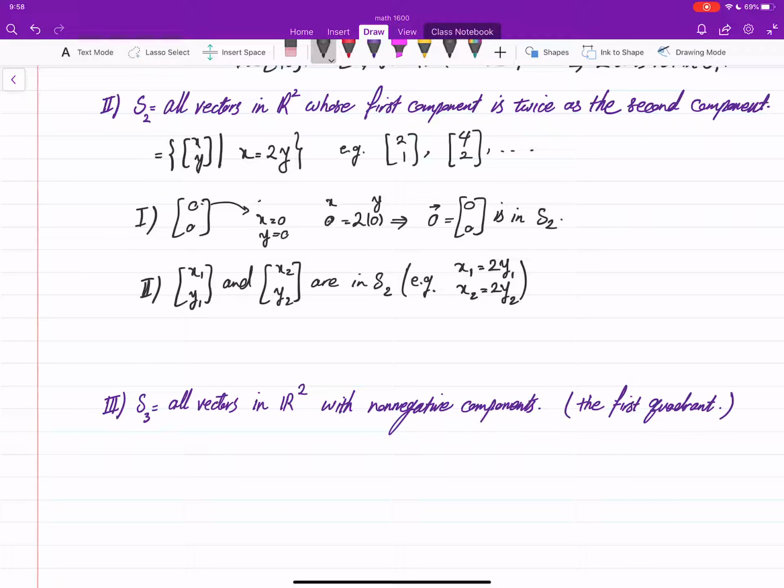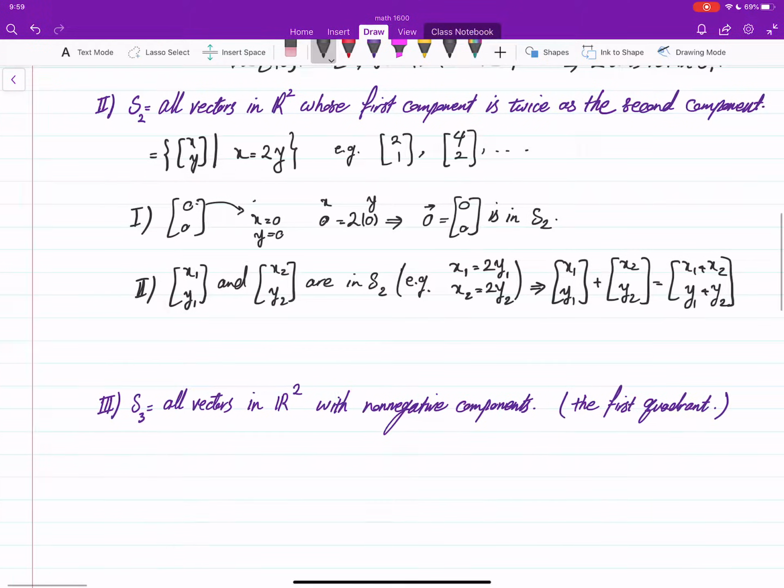Now we want to check if their addition, which is (x1 plus x2, y1 plus y2),